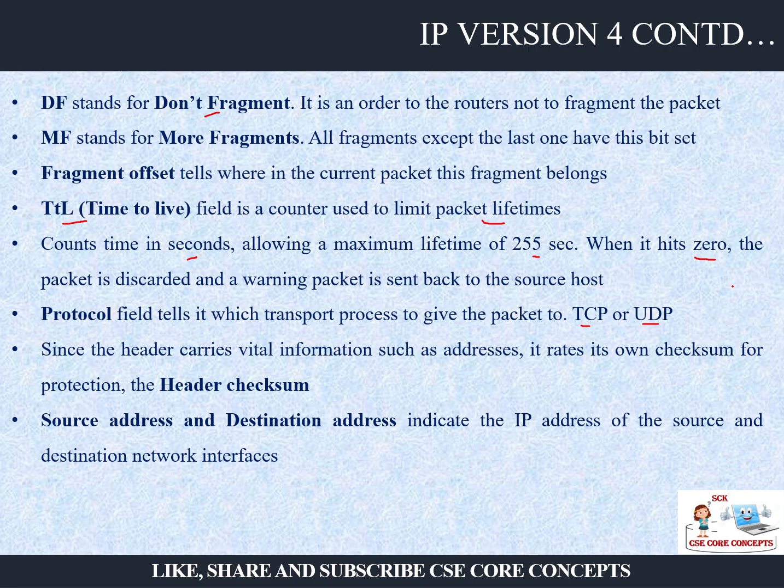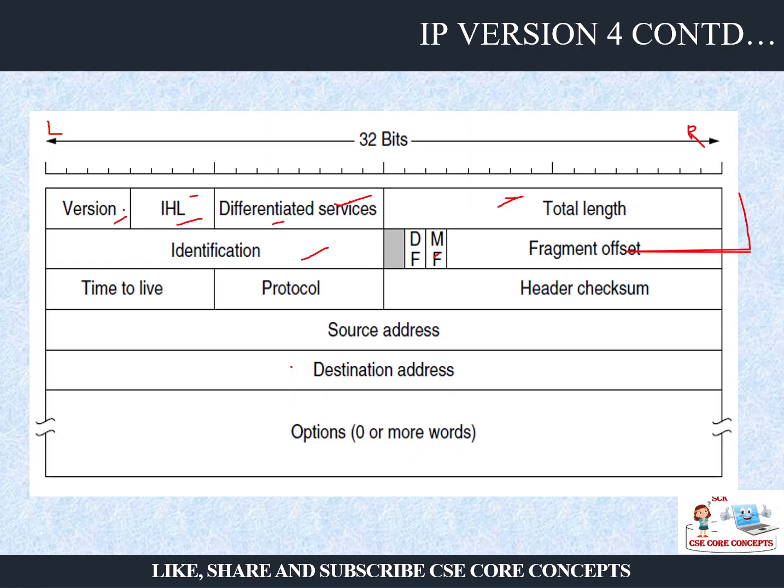Then comes a checksum. About this checksum we have discussed in detail in the error detection and correction techniques. Checksum is basically a field used to cross-evaluate whether your data has been corrupted in transmission or not, right? So there is a checksum value to tell whether the packet is correct, or if some data has been damaged or changed.